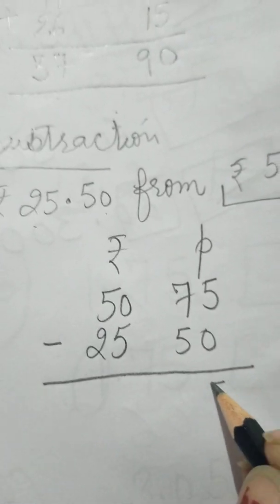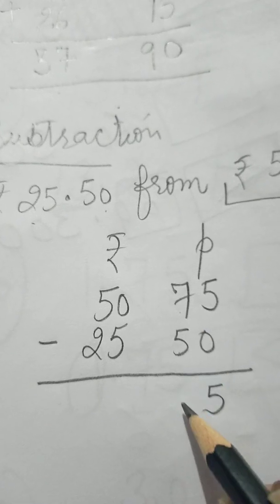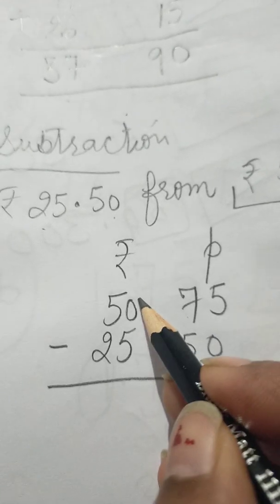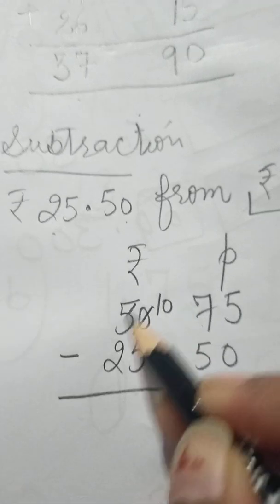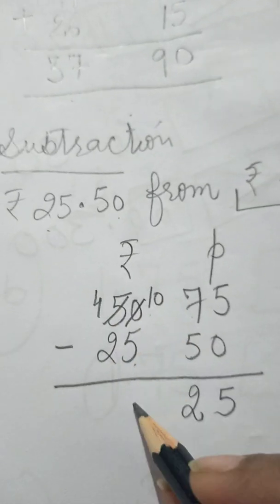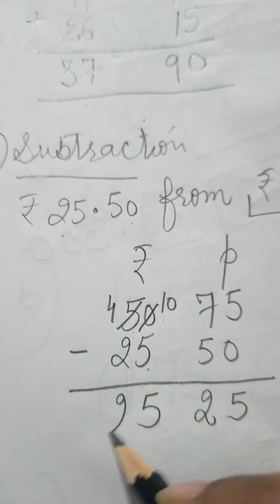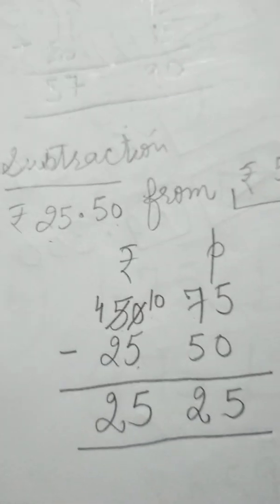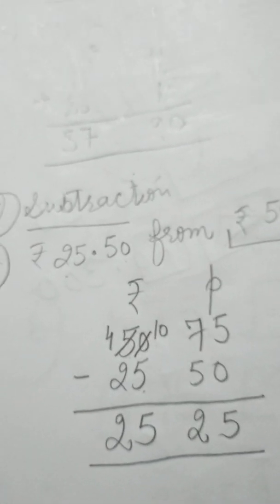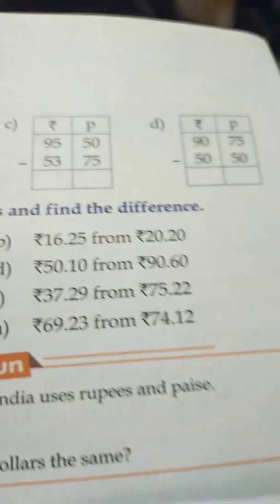5 minus 0, 5 is there. 7 minus 5, 2. Then this is not possible, so we will take 1 borrow. Yes, 10 minus 5, 5. 4 minus 2, 2. Now 25 rupees and 25 paise are left after the subtraction. Yes, now let's move to sum number